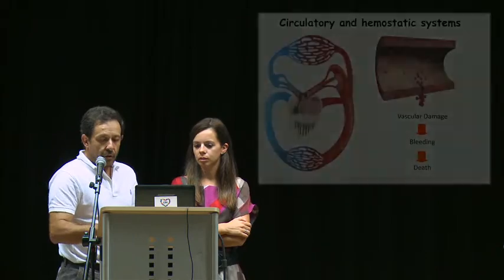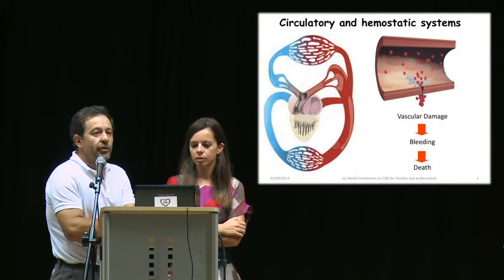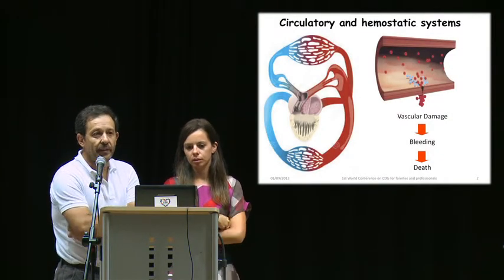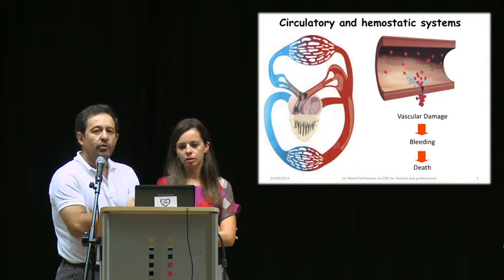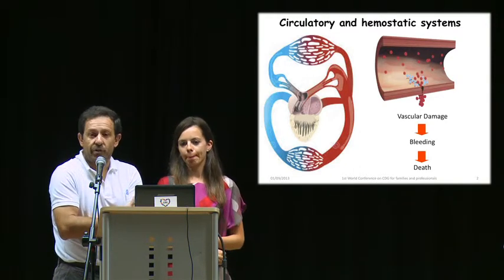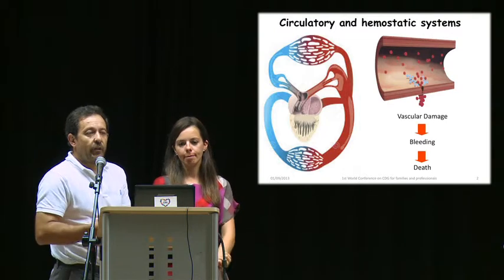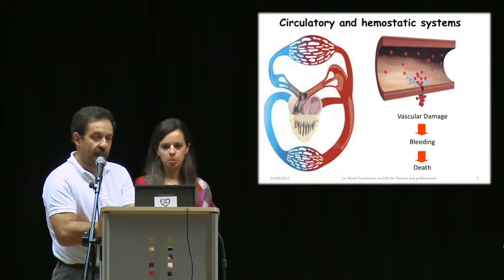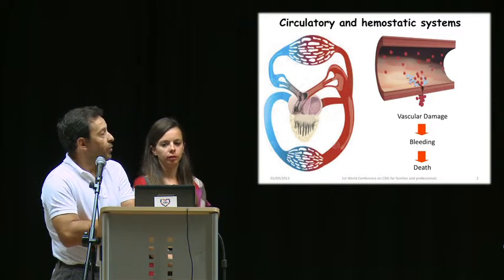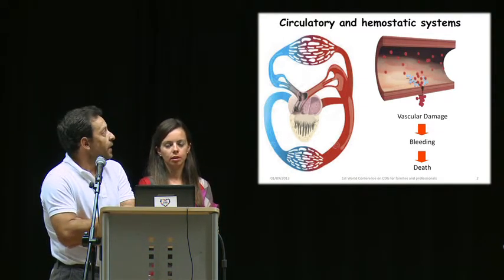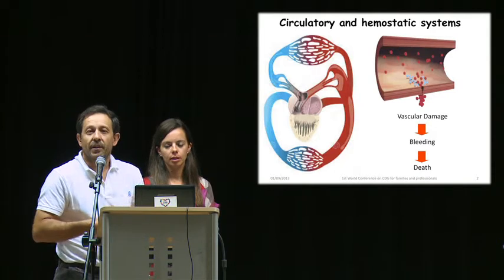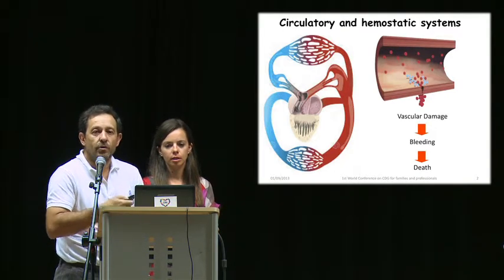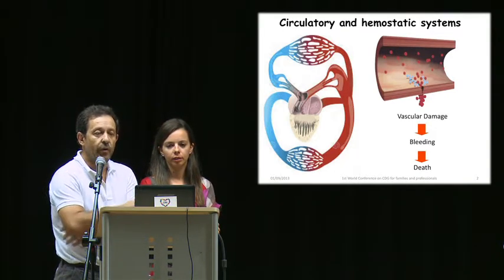So what we are going to do is introduce a little bit the hemostatic system, and later on we are going to show you the data we have obtained in these 2 years. First of all, I would like to explain why we have a hemostatic system. For human beings like us, the circulatory system is excellent to distribute cells and glucose and hormones and everything to all cells of the organism.